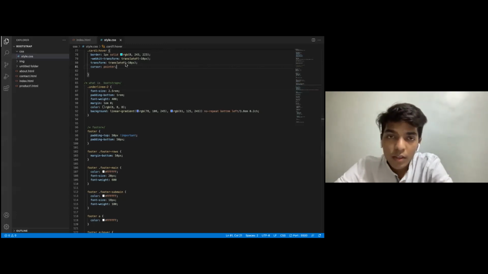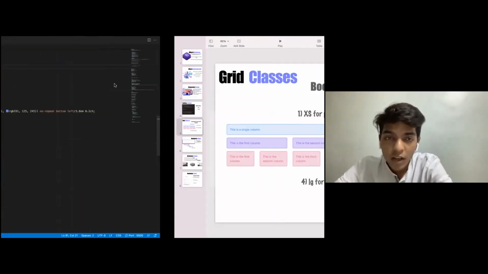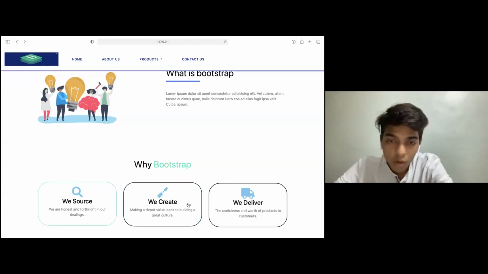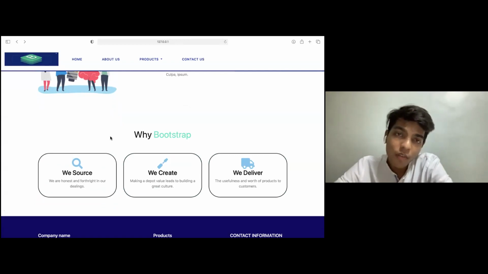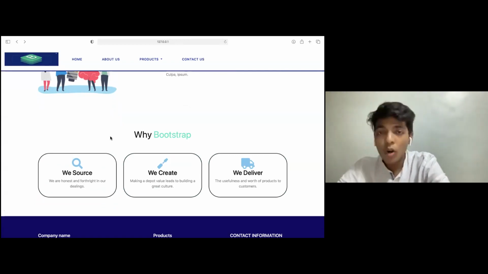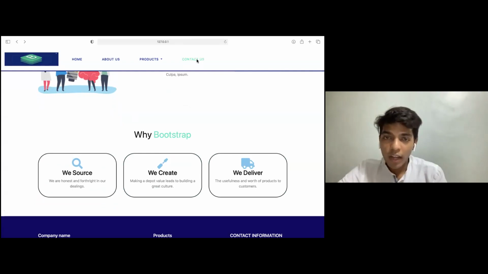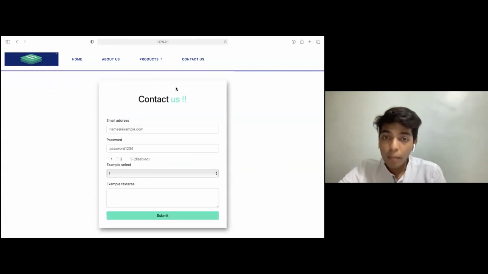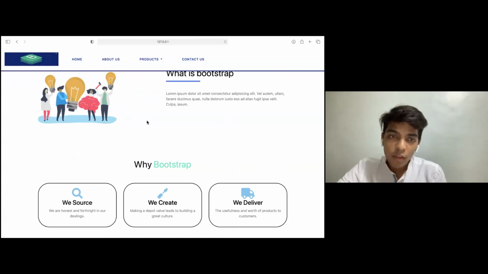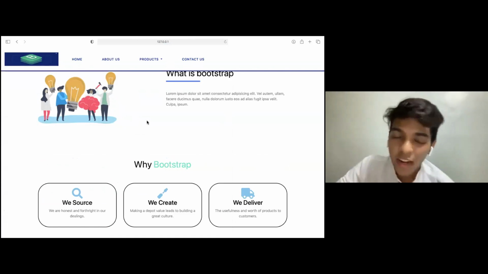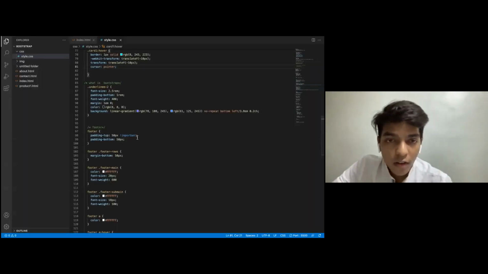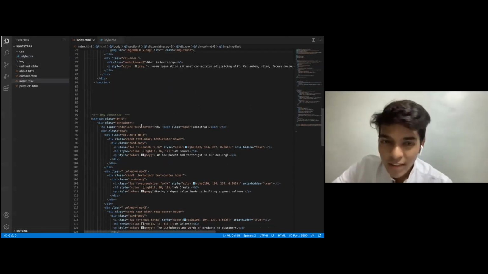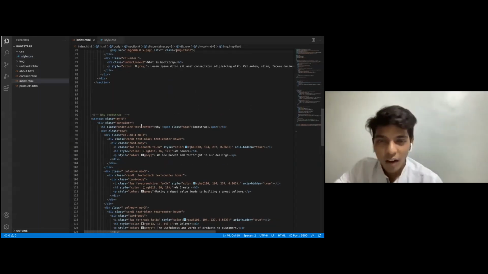Same with the cards, I'll just explain how the cards are hovering and why the border color is changing. Firstly, every card has a border. If you don't want a border, I'll be displaying that in the contact us form. The contact us form has a shadow but no border. So I'll show you why there is no border and how you can have a border or not have a border. But with a card, it comes with the border. So I have used this border in a very animative way, I can say. It's not a big animation, but somewhere hovering is also an animation.